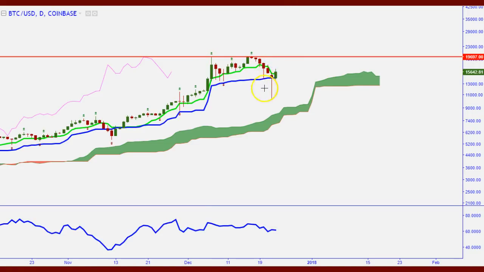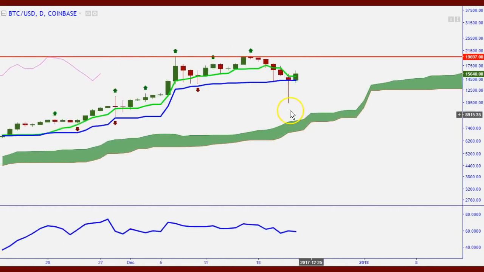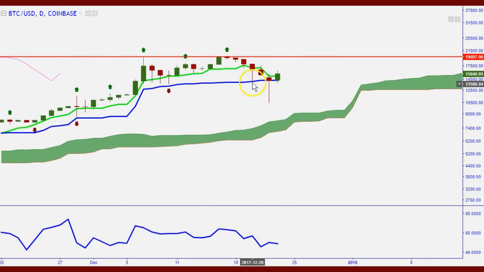So when we look at this now, you could see the market honoring this Kijun-sen level. This is the level of equilibrium. The market has bounced on it once. Okay, let me go back to this. So here the market came down and pierced it exactly, but then here the market couldn't close below it. When we see this big candle, even though we had what the market did yesterday with this big drop here,